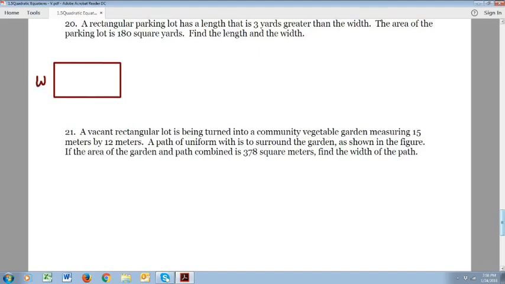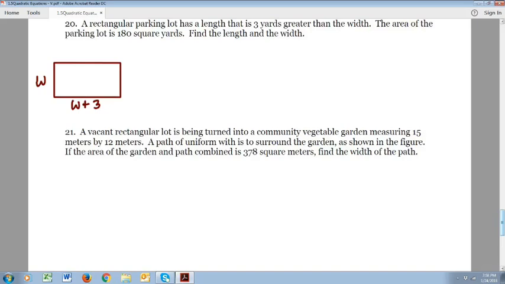So the width, let's call that W. Usually we let the longer side be the length just to be consistent. So it says the length is 3 greater than the width. Well, using W, we can just write it as W plus 3. So our width is W, and our length can be written as W plus 3,